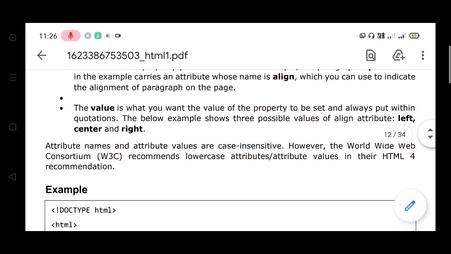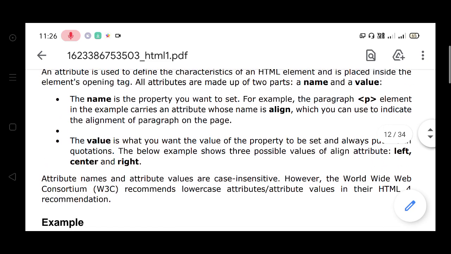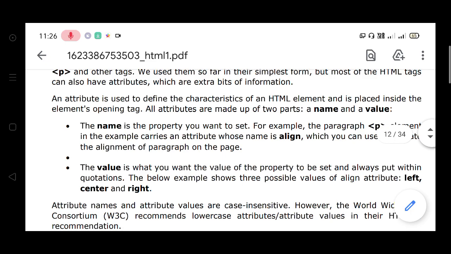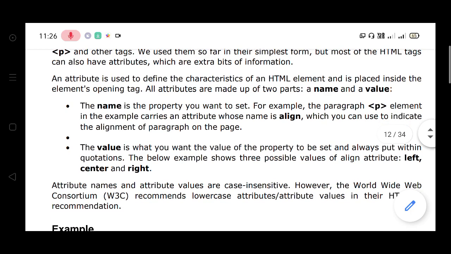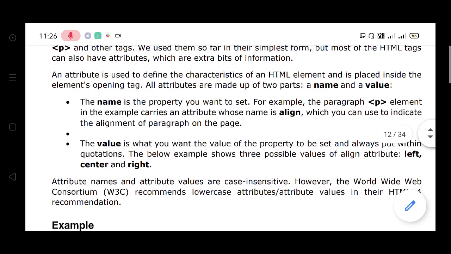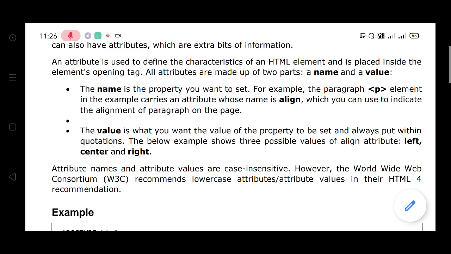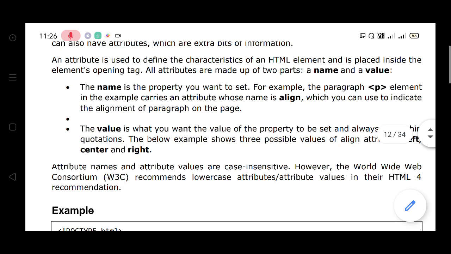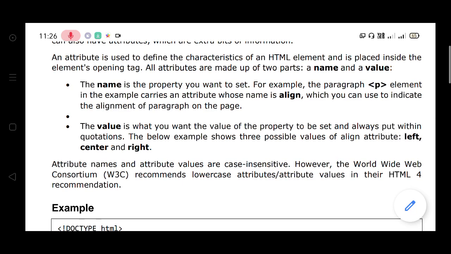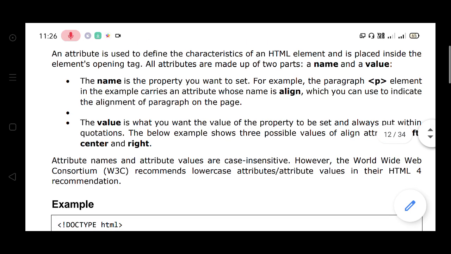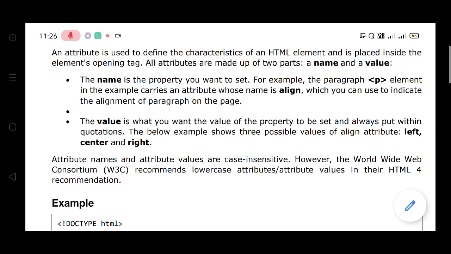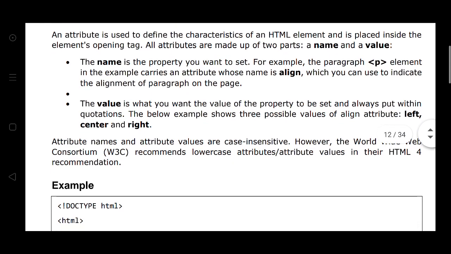The attributes are divided into two parts. The first one is the name and the second one is the value. The paragraph P element in this example carries an attribute whose name is align, which you can use to indicate the alignment of the paragraph.